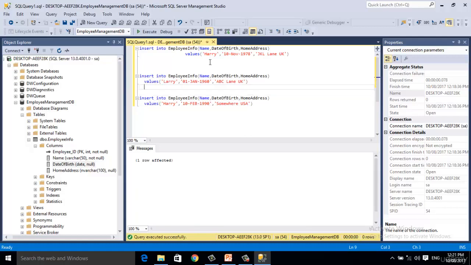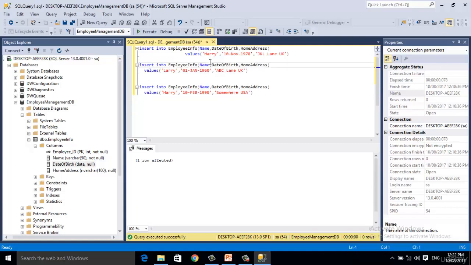Okay, I have written three different statements to insert the three different employees' information in my employee info table. Just select them all, and press the execute button or press the F5 button of your keyboard. I am going to press the execute button,